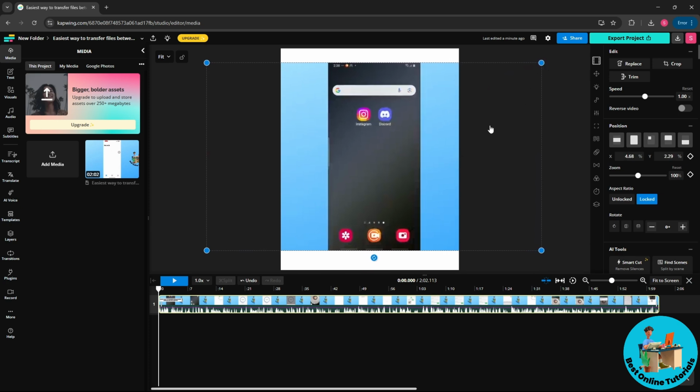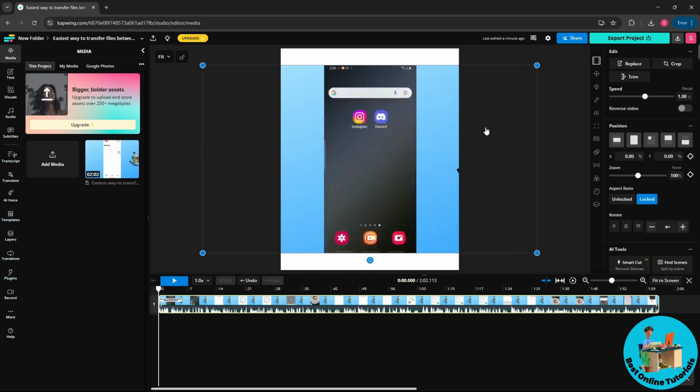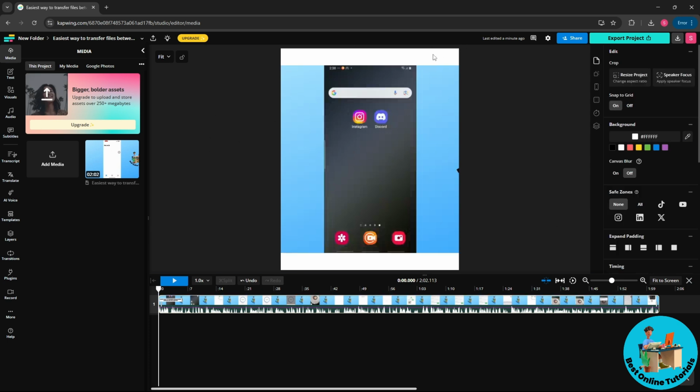For example, I want something like this, so I'll zoom it out just for the post so they can see everything. This is just an example. Now the technique will be zooming it out, and after that you can go to the background